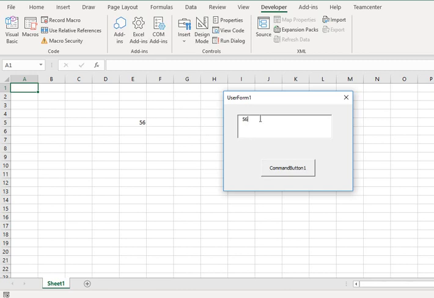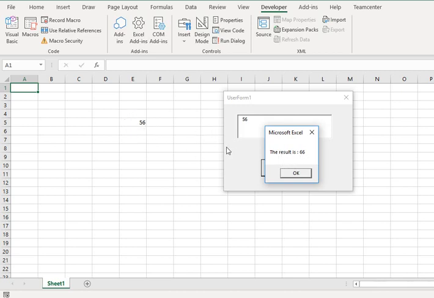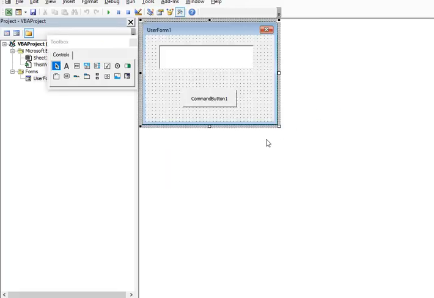So the first step, what we did on the text box change, is done. And now when I press the command button, you see that it says the result is 66, because in the logic I had defined that 10 should be added to the result. So this way I have fetched what was stored in this file, I have performed a logic on that and displayed the result for the user. Okay, so I can click on OK and close this. So this is the way you can use interactive user forms, where you can take an input from the user, perform a certain action or logic, and then show the output to the user.